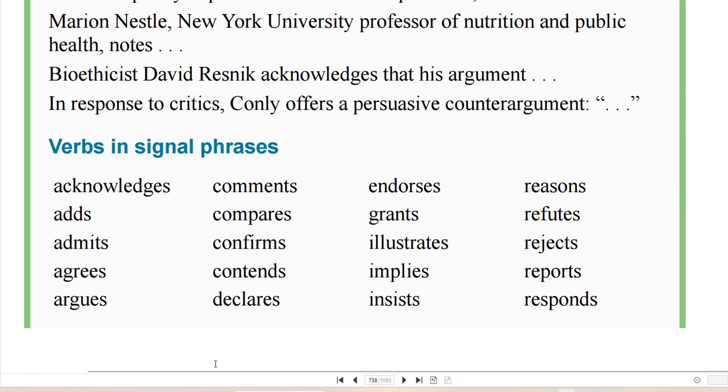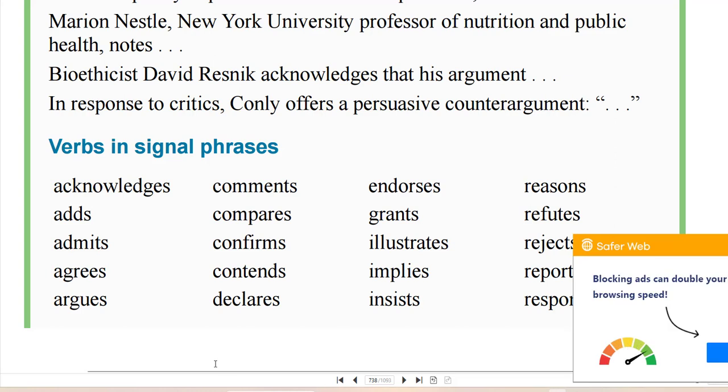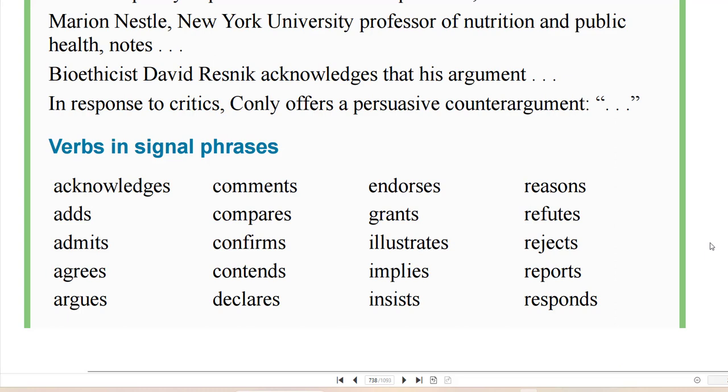And then you could use these verbs in your signal phrases. So instead of saying David Resnik states, which is too repetitive, it is better to use a variety of signal phrase verbs.